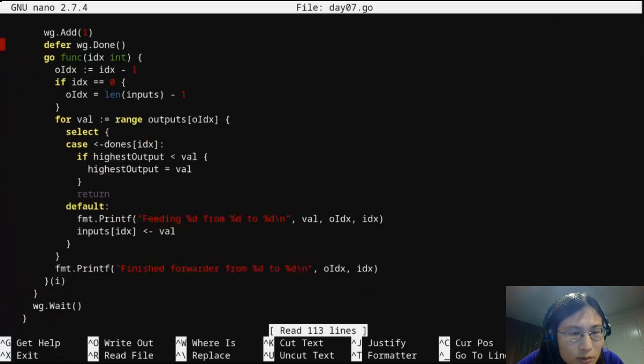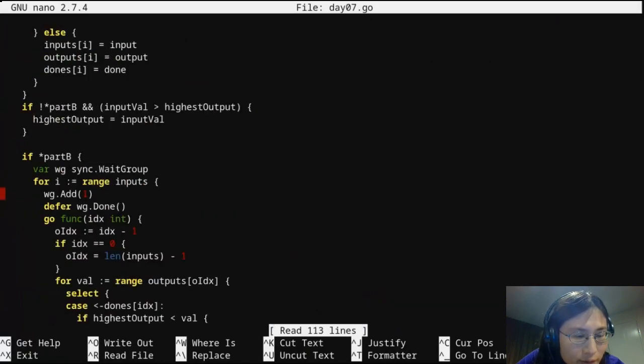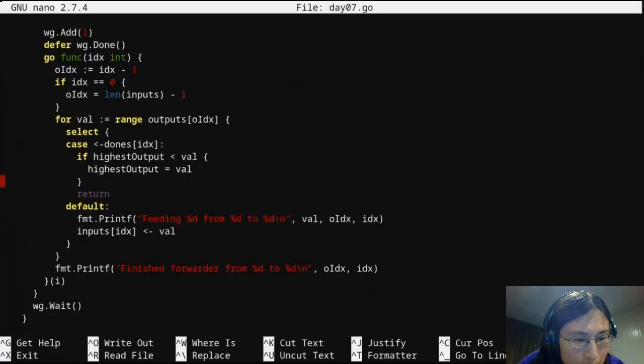Okay, so definitely feeding values one to the other. It's just not terminating correctly when it should. Okay.